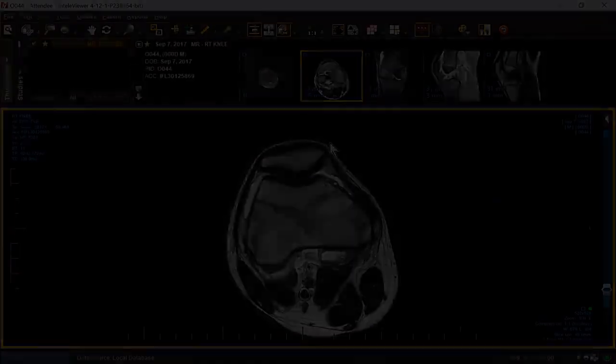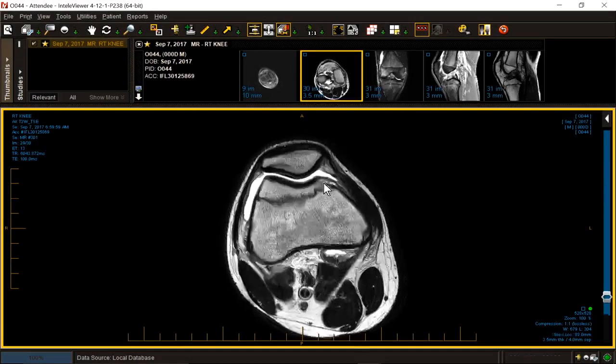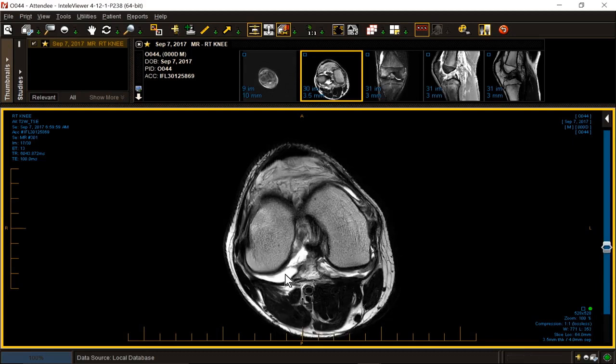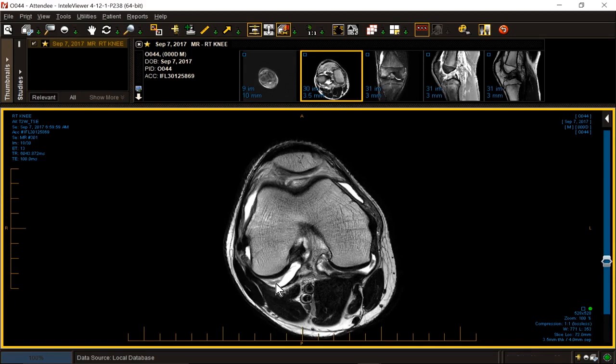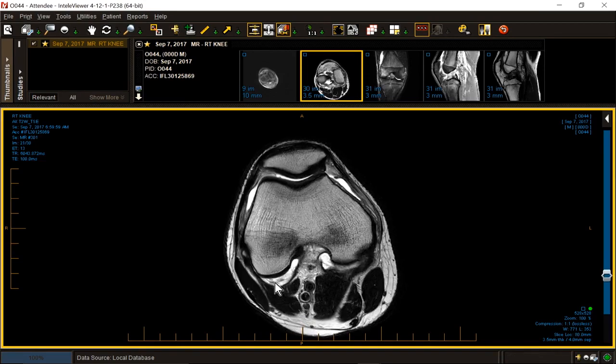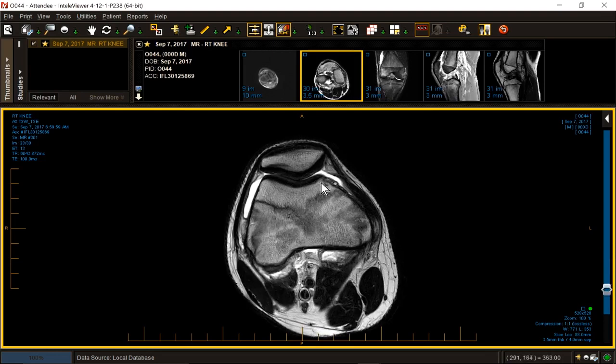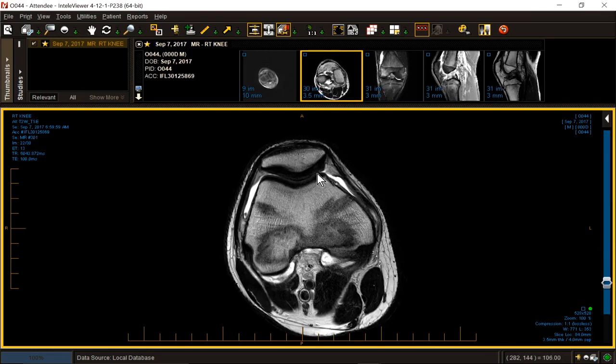All right. I'm on my axial while you're scrolling. I'm noticing some signal in the distended capsule in the back. Perhaps that's a little bit of blood or synovium. I'm not sure. It's on both sides. I don't have any major